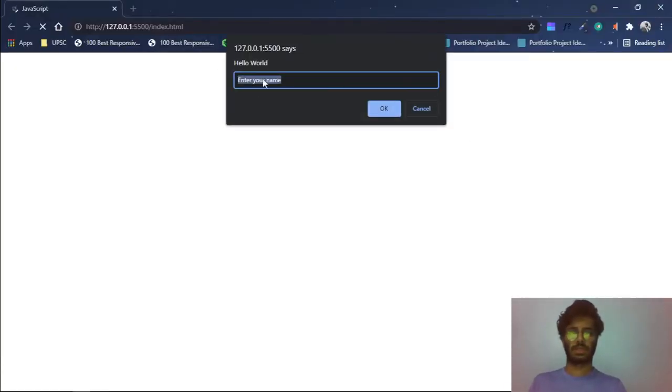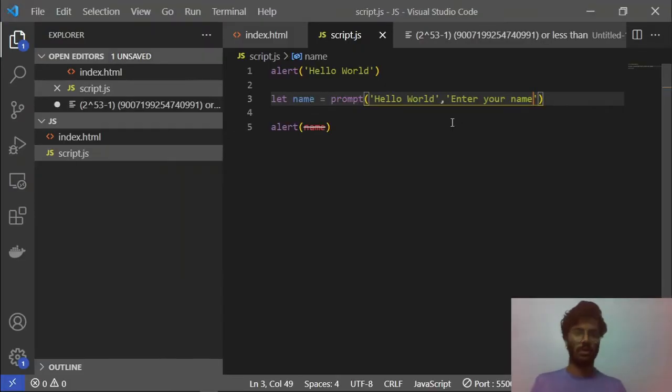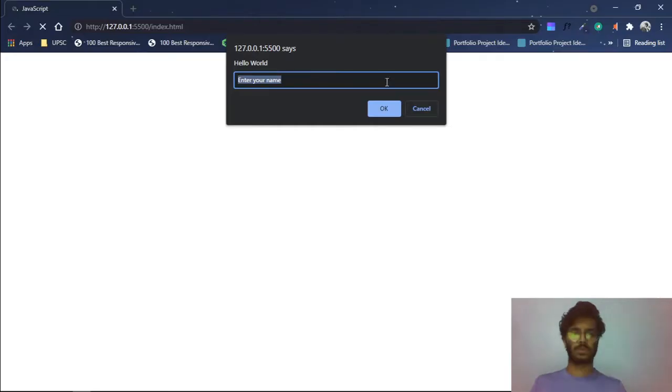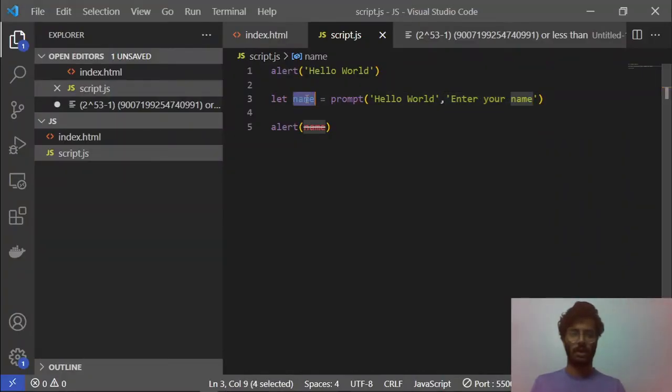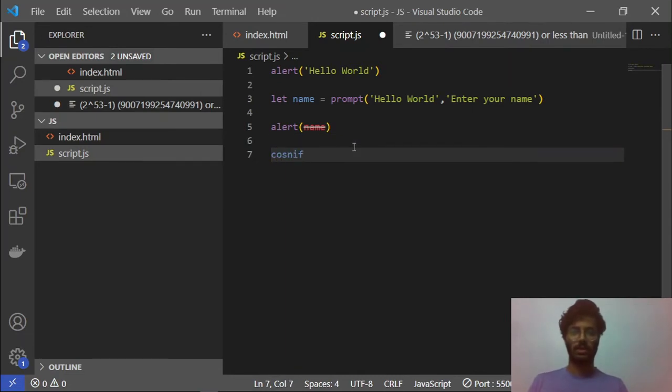So now it says enter your name. This is the text that we wrote right here. You can just type it, and if the user does not delete it and says okay, that value will be stored in this variable right here. By default, whatever you pass here will be stored in it if the user presses okay. These are the two things, and then the third one is